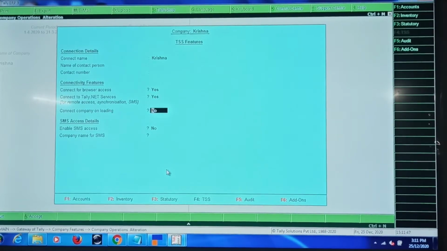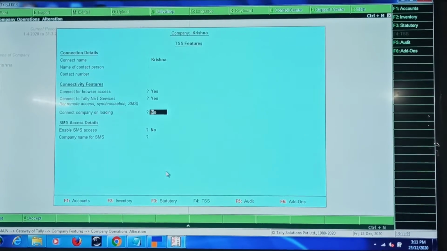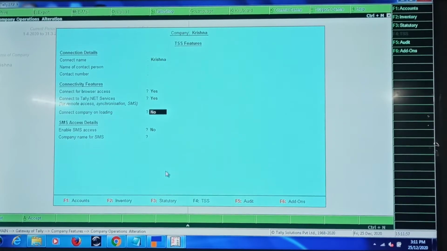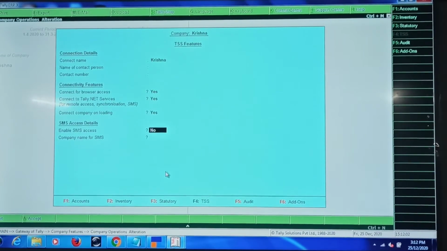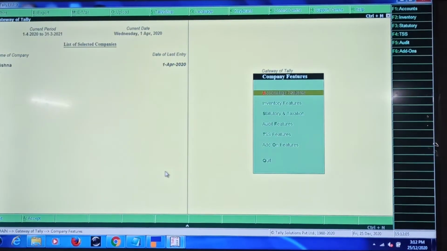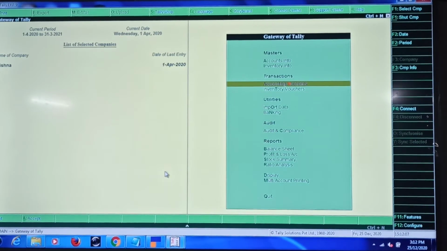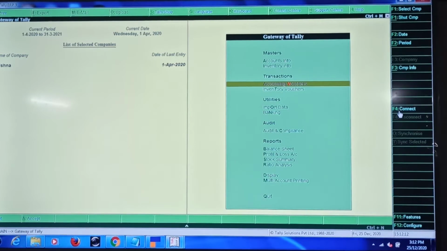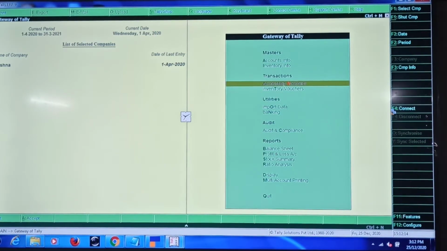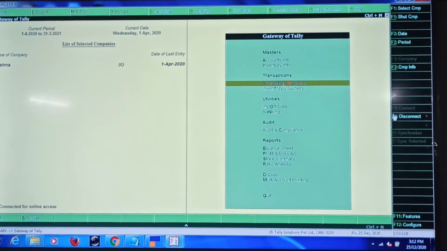If you want the company to load automatically and connect to the Tally.net server once you select the company, or once you open Tally, you can enable the option connect company on loading, then press Control A. After recording the transaction, to connect the company manually, I use the shortcut F4 to connect my company to the Tally.net server. As you can see, the company got connected successfully for online access.